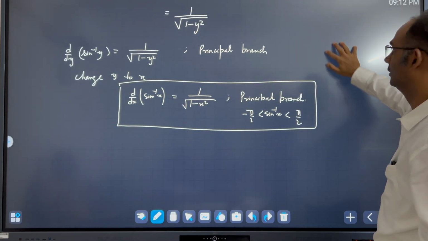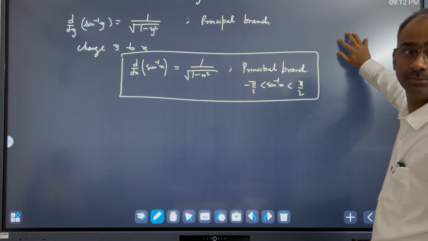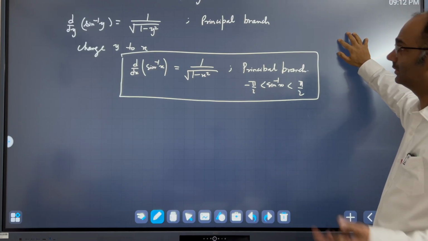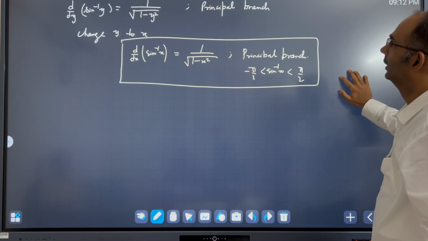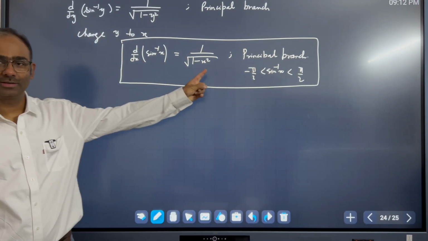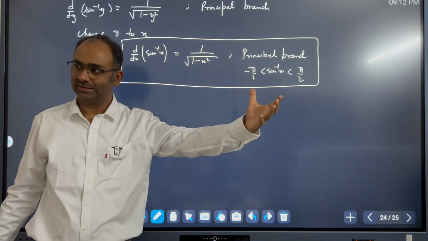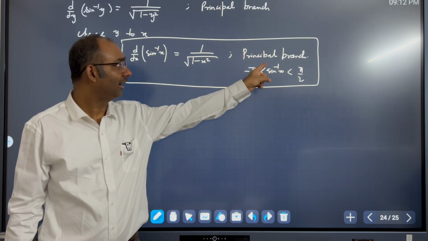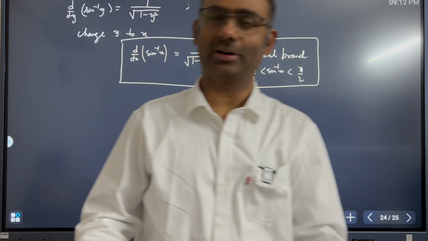Yeah, Bhagwan. If the purpose is not served, if you just write x is equal to minus 1 to 1, it is only from -1 to 1. It's not anyway outside. Is that fine? So when I write d/dx of sine inverse x is equal to 1 over square root of this, that's not a complete statement unless you specify the branch. Okay? Because it's very easy to forget this